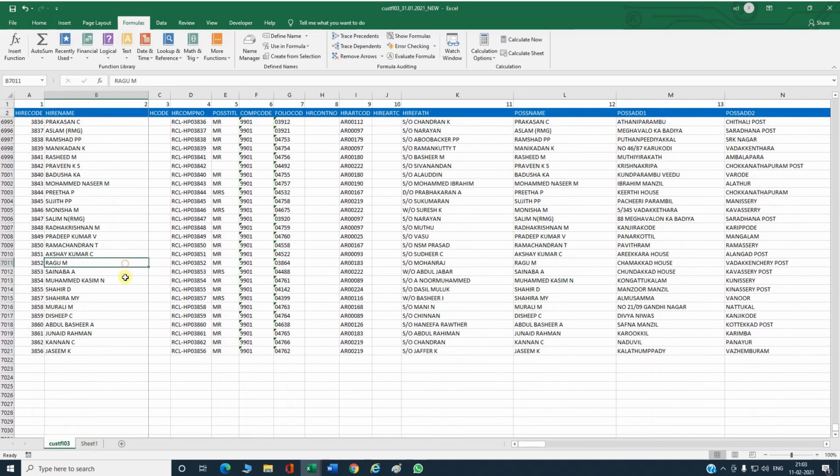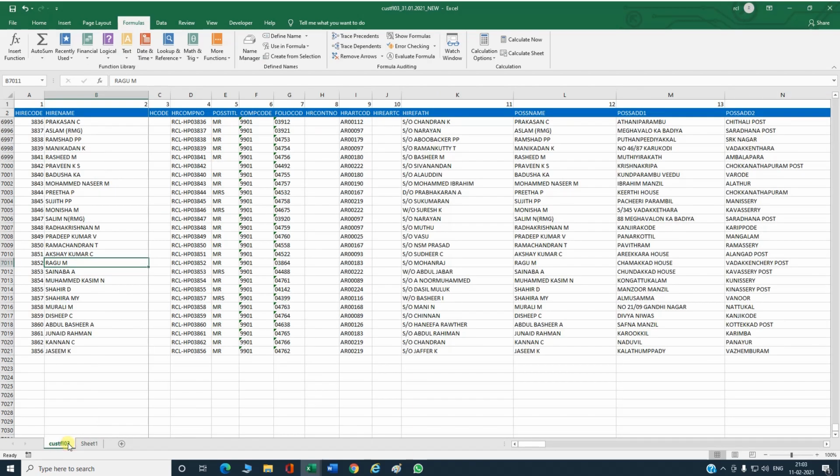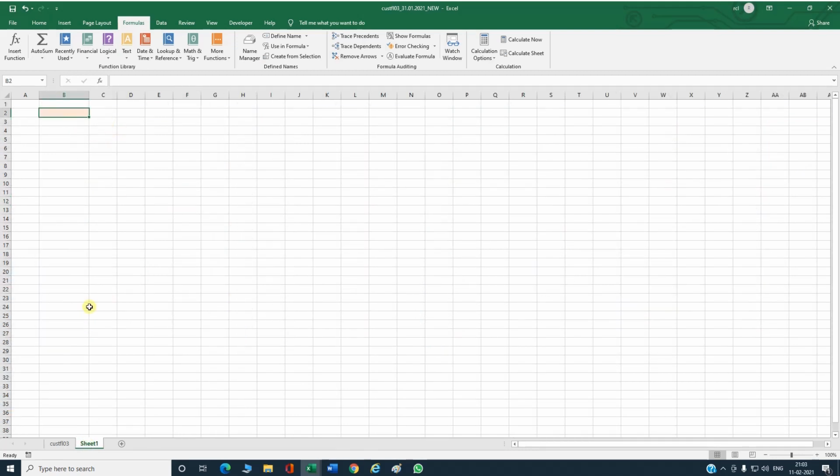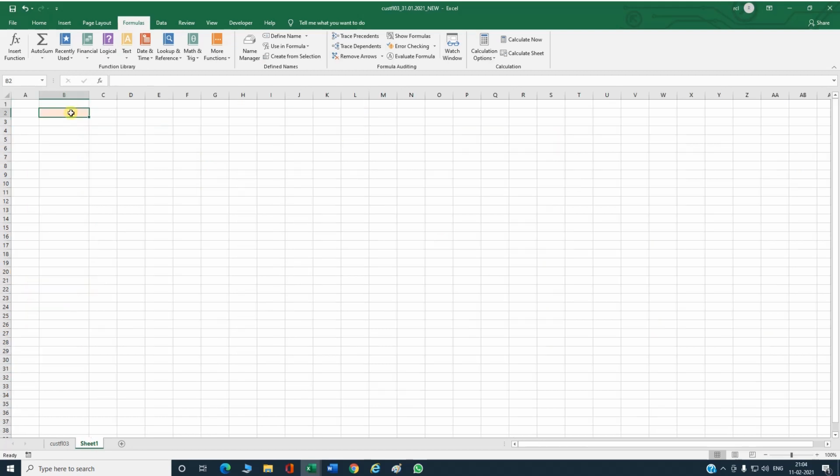After creating the name manager, you go to another sheet tab. Here we have to create the data we want in a report. So first we have to create a lookup value column. Here I am entering the lookup value, and I am using the account number. By using the account number, I am extracting the data from these 8 lakh records. So here I am using the VLOOKUP value. Then you have to give the title for each column.